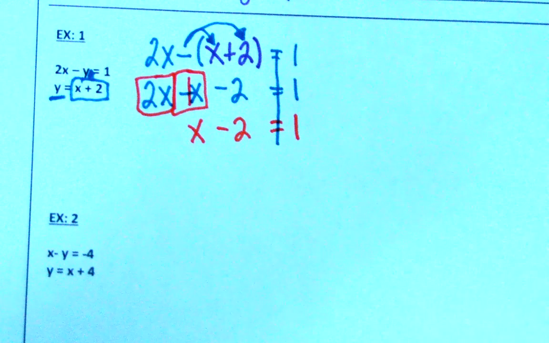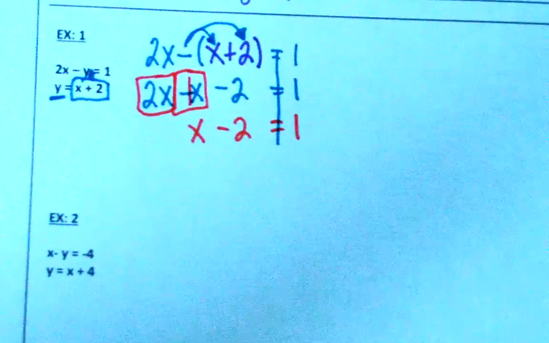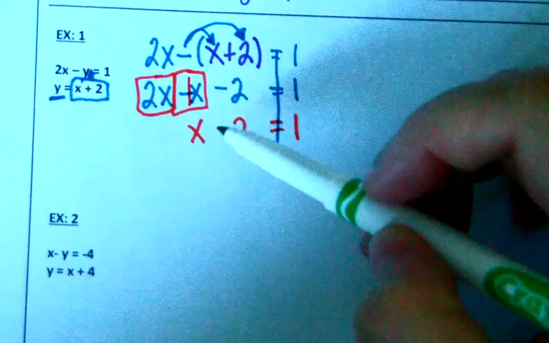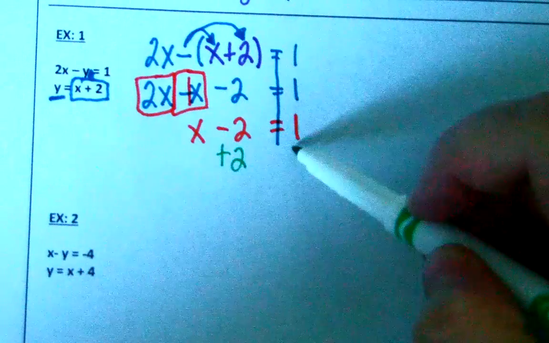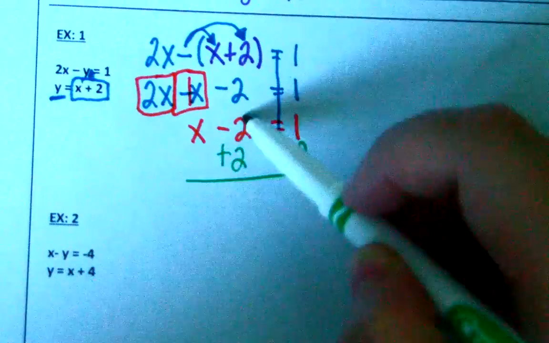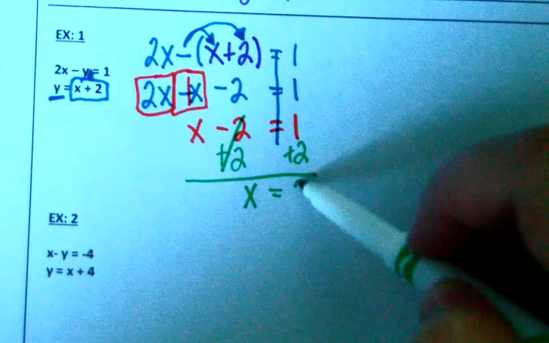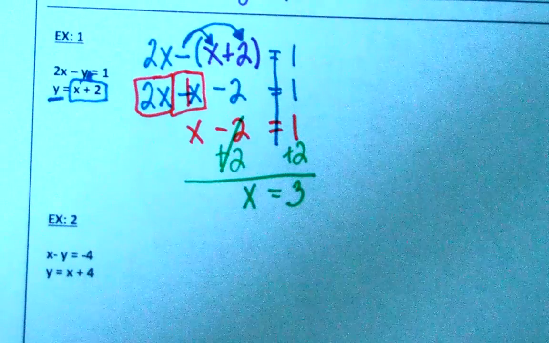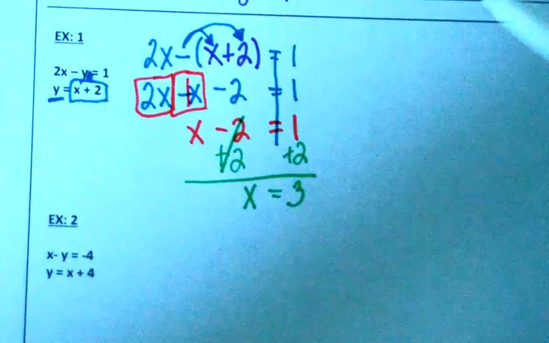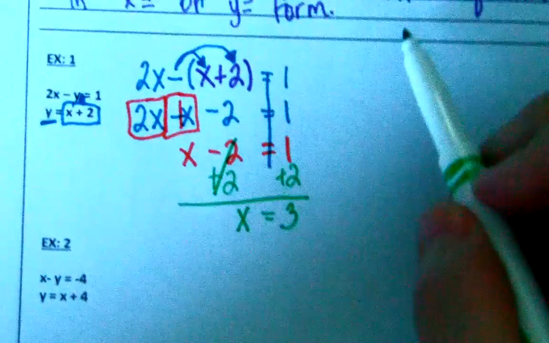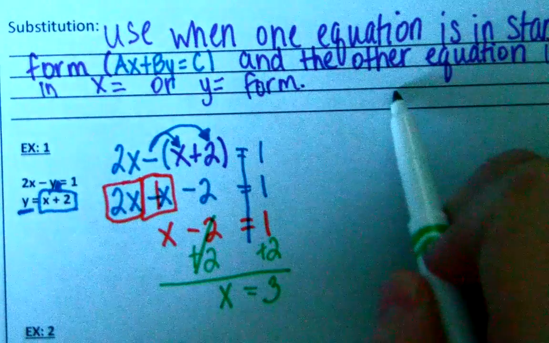Now, I'm trying to get x by itself. So I need to move the negative 2, so I'm going to add 2 to both sides. And then I'm left with x equals 3. Now, remember, a solution is x comma y. So let's write that up here. Solution